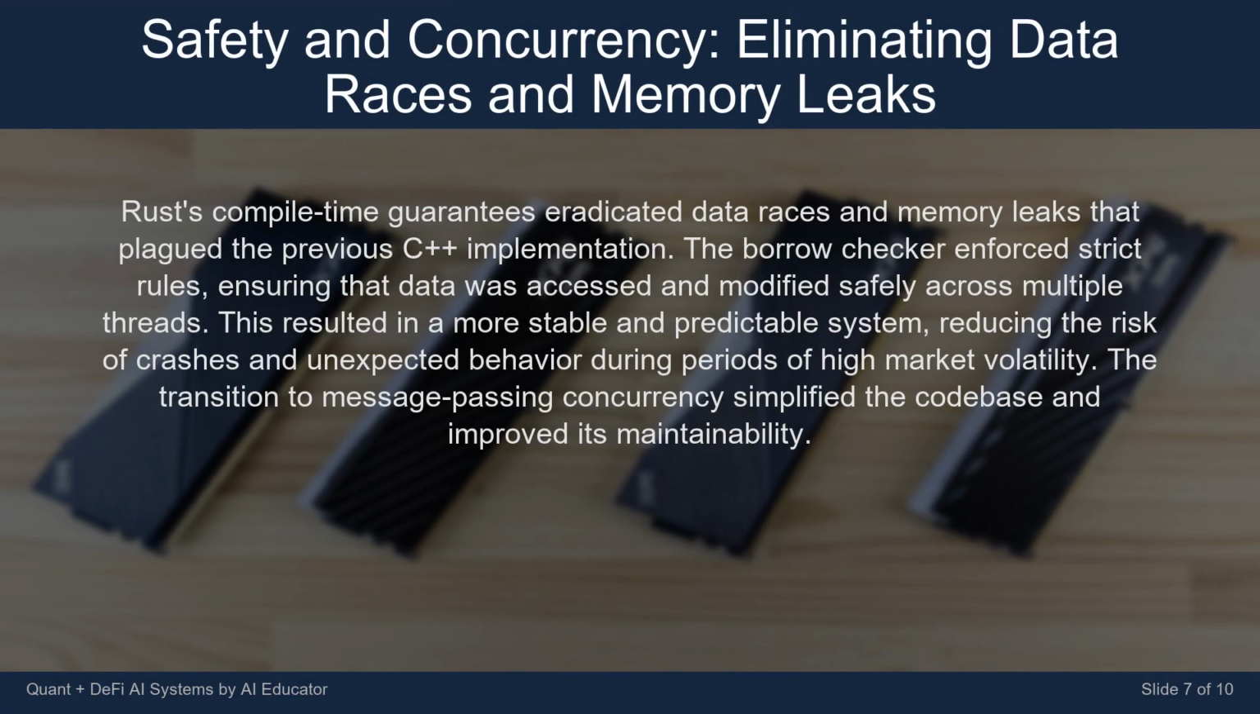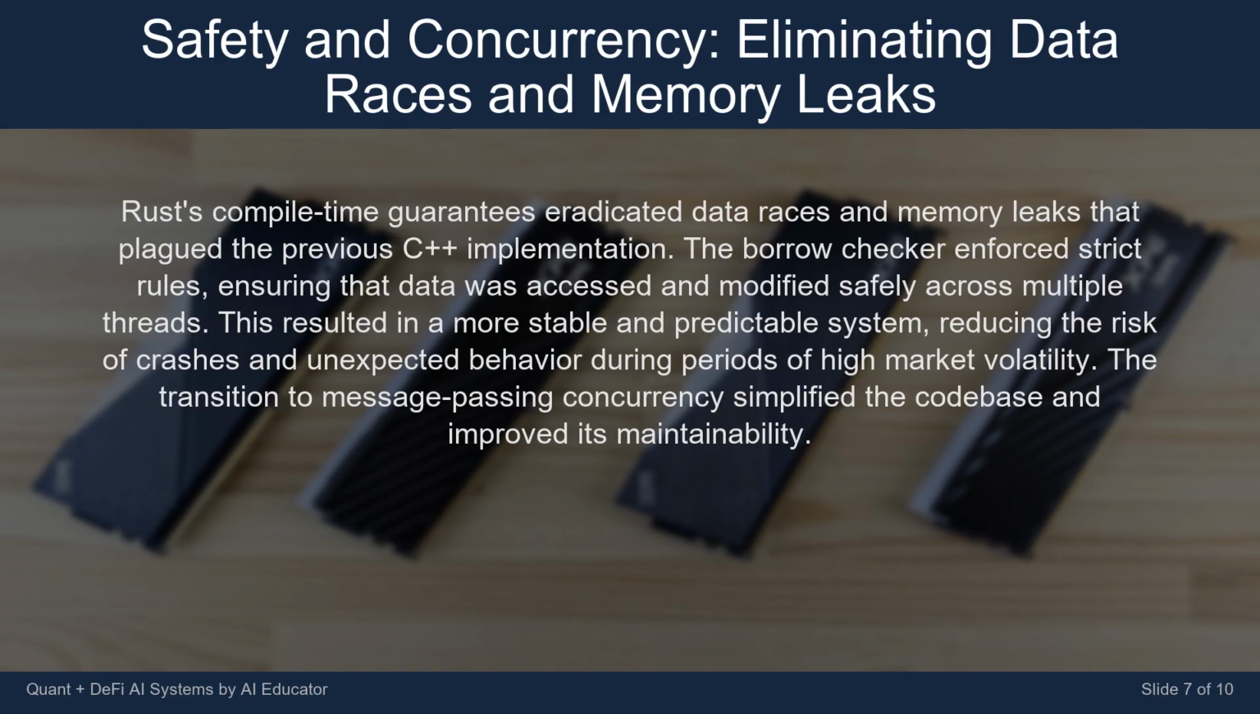Rust's compile time guarantees eradicated data races and memory leaks that plagued the previous C++ implementation. The borrow checker enforced strict rules, ensuring that data was accessed and modified safely across multiple threads. This resulted in a more stable and predictable system, reducing the risk of crashes and unexpected behavior during periods of high market volatility. The transition to message passing concurrency simplified the code base and improved its